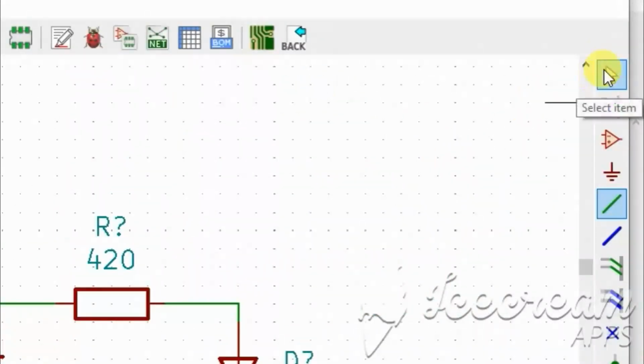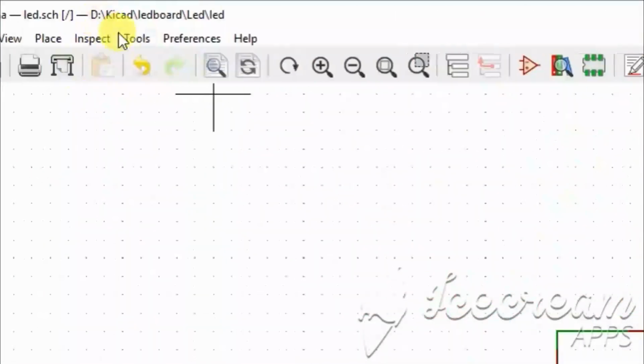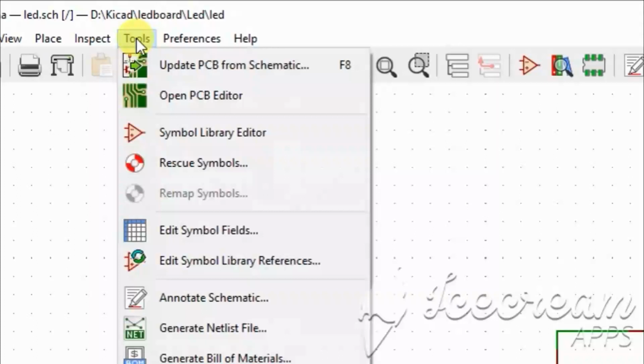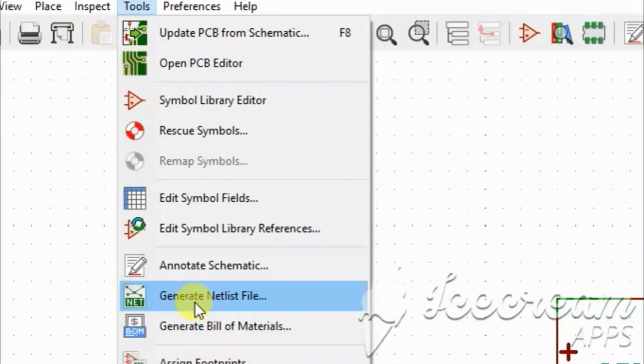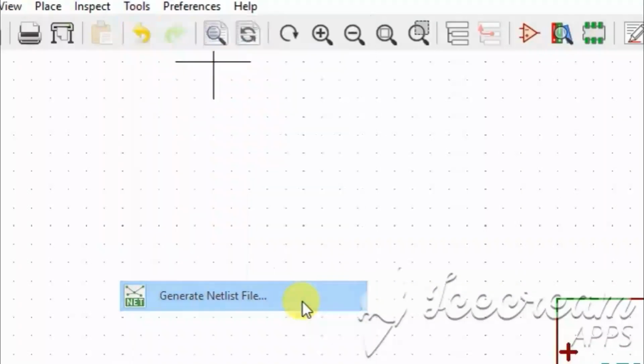Next, you must choose the select item tool, and next go to the tool menu. The next step is to generate the netlist file. So click generate netlist file.